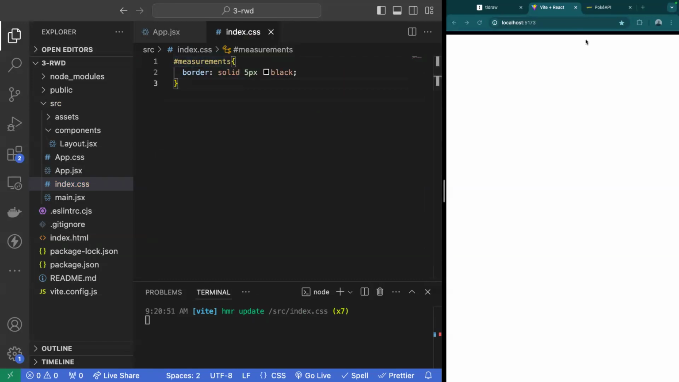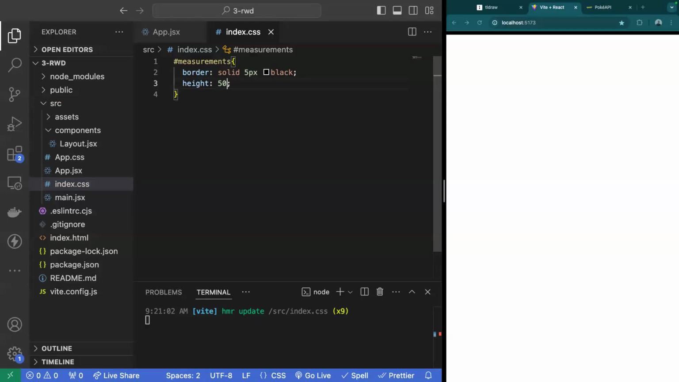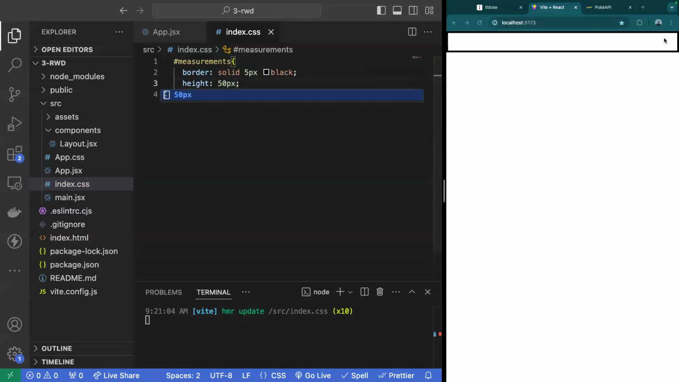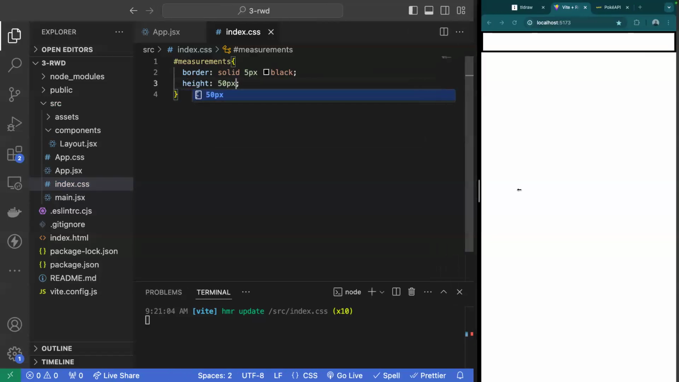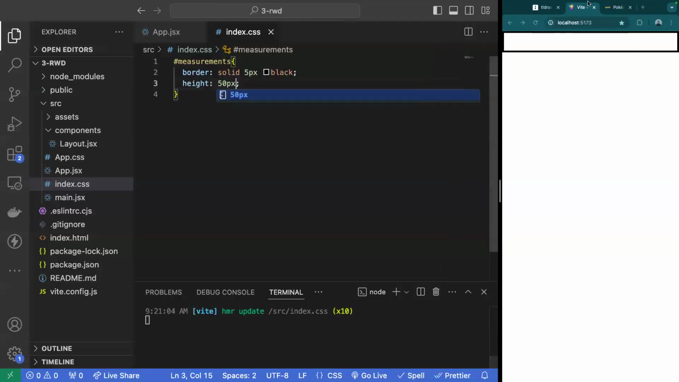All right, and then we get a small black line at the top of our browser showing me the different measurements. Well, let's talk about our height component here, right? So far, what we've been utilizing is something like pixels. If I make it 50 pixels, well, now I have a 50 pixel height. Regardless of how small my screen is or how big my screen is,